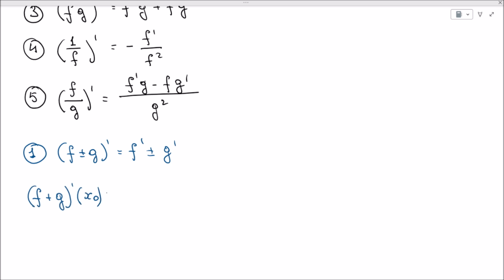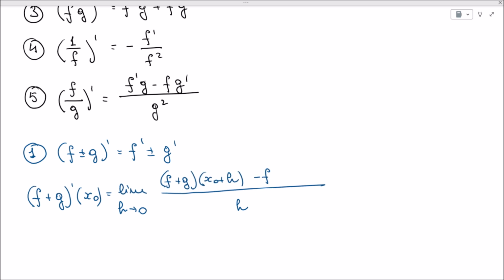Well, this will be the limit as h goes to 0 of f plus g evaluated at x naught plus h minus f plus g evaluated at x naught,